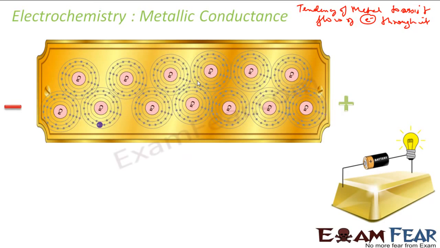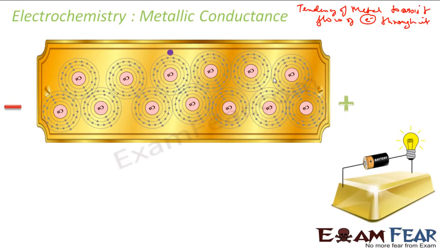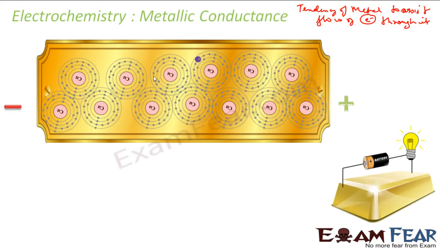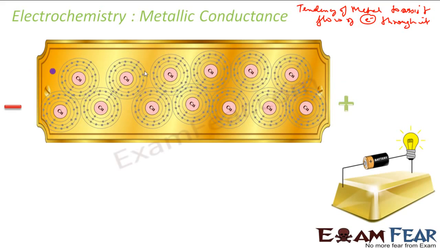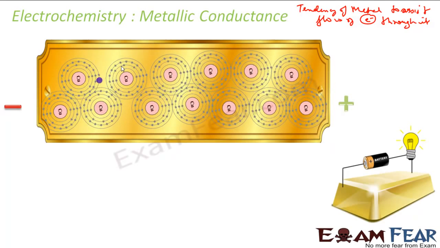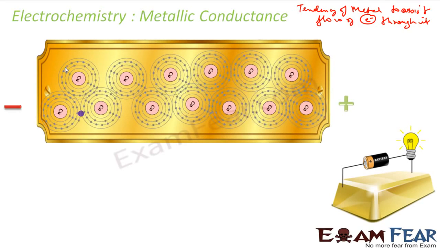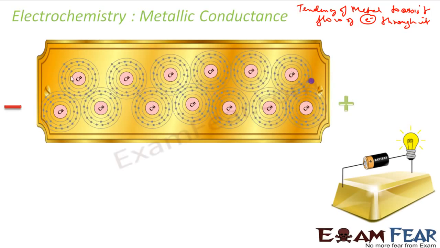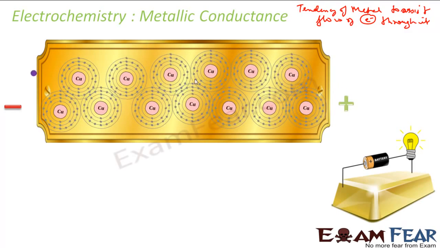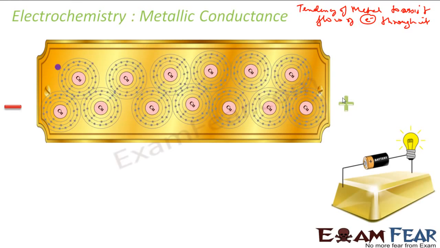Now if you increase the temperature, the flow of electrons through these atoms becomes difficult, right? Because the moment you increase the temperature, these atoms, which are now just rotating here, also start haphazard movement, right? So with this, the metallic conductance decreases. Why? I'll show you one animation, because these copper atoms, or any atom, also start moving. Since they start moving, it becomes difficult for electrons to move from left to right,